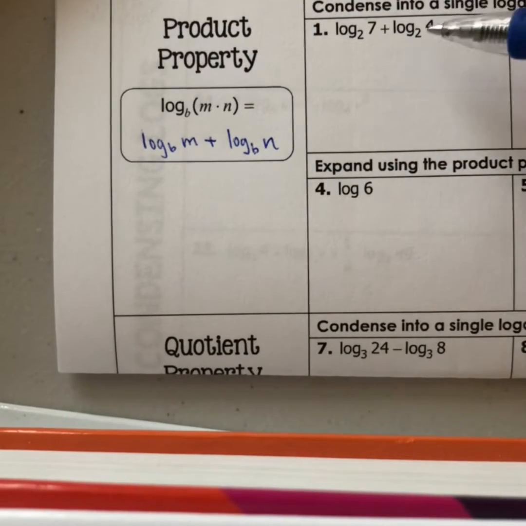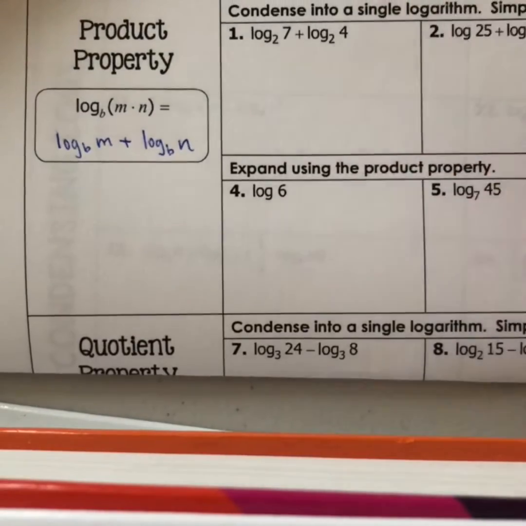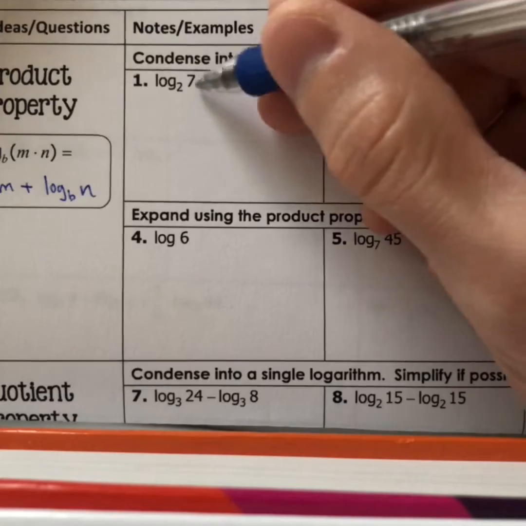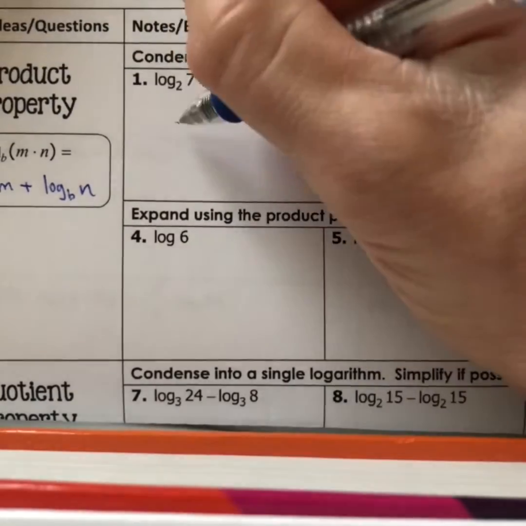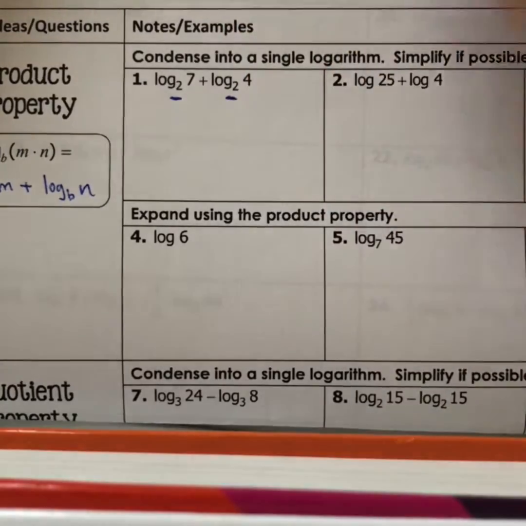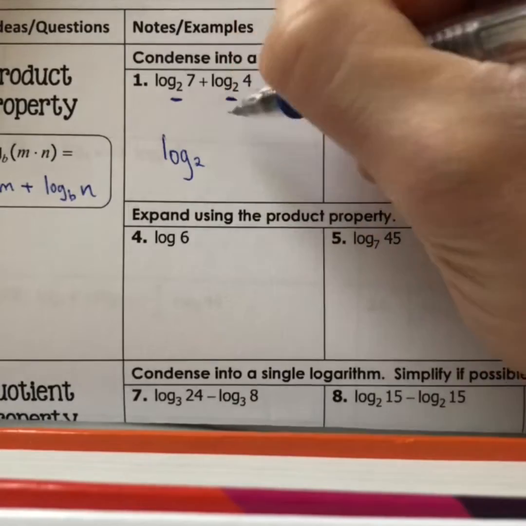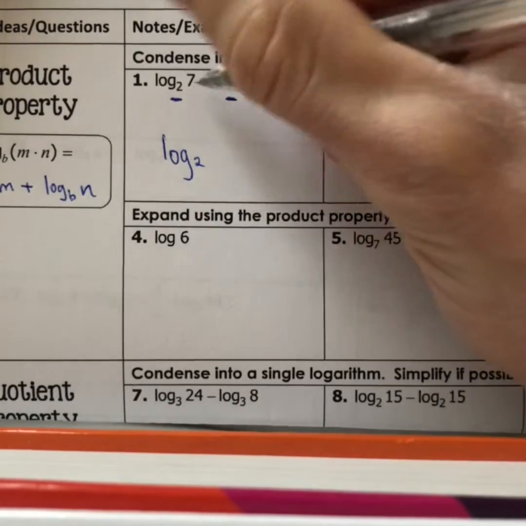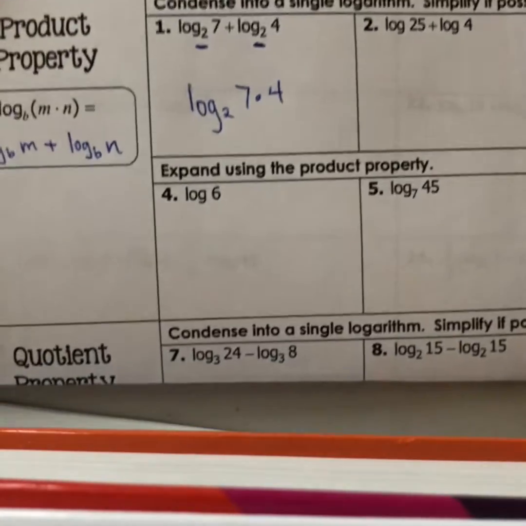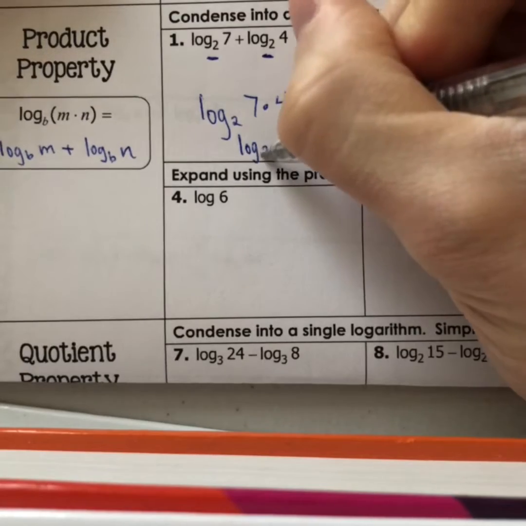So when you see condense, when we see something that's condensed into a single logarithm, since it's addition, we're able to turn that into multiplication. So it's going to be log, and they have to have the same bases. Notice they're both log base 2 here. So log base 2 of 4 times 7, or 7 times 4, which we know to be 28, so we can actually simplify that even further. Log base 2